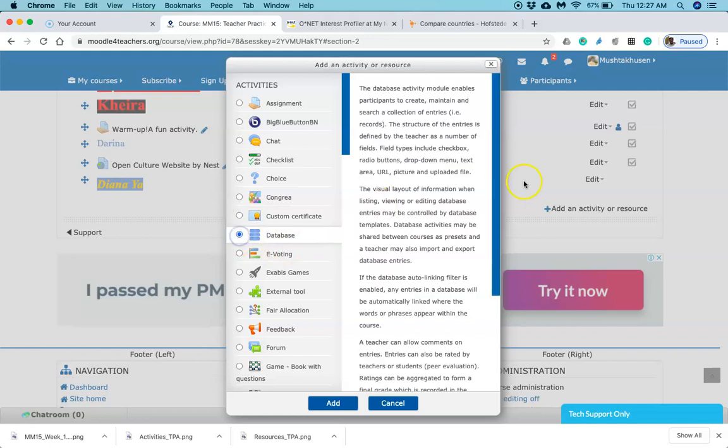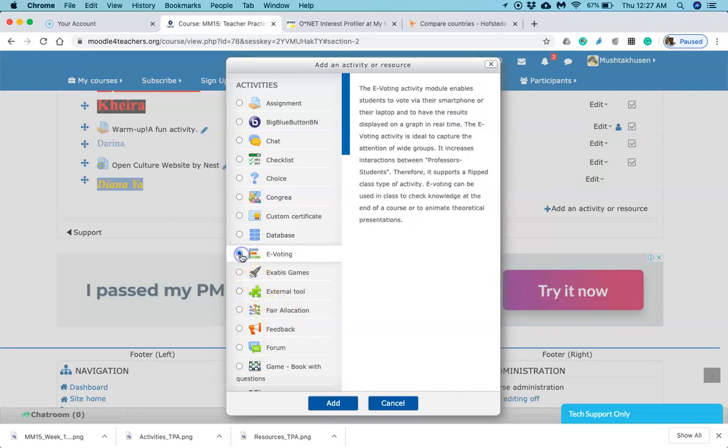Then next one is database. Now, what kind of database can we create over here? It enables participants to create, maintain and search a collection of entries. Collection of entries are nothing but records, yeah. Then after that, e-voting. So maybe your participants can vote online, using their smartphone as well as laptop. So again you can create that link.